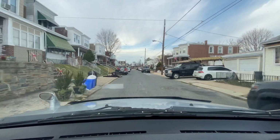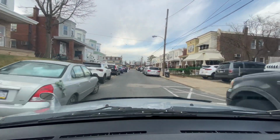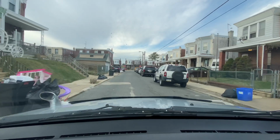Yeah, you got some wooden furniture right here. It's all in pieces. I guess that's why they're throwing it away. Got a lot of people parked on the sidewalk here on the left-hand side. I guess they just don't care. They're like, listen, we need our parking regardless. The only downside to that is